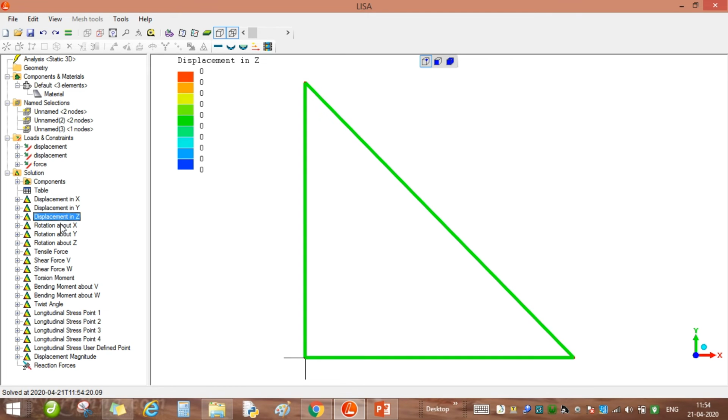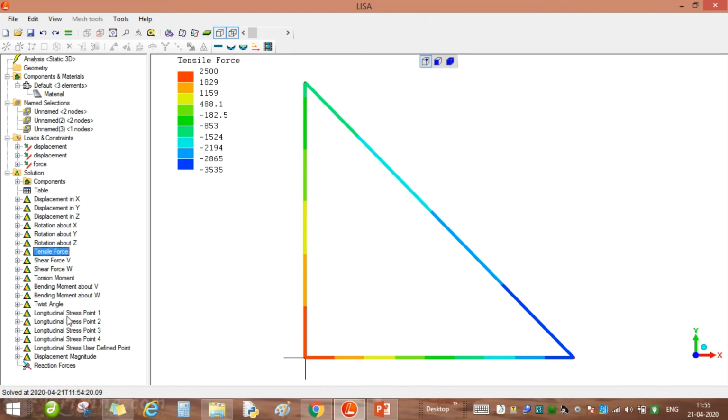No displacement along x because we are not doing anything. This rotation about x axis will be 0, about y axis will be 0. So tensile force, we can get tensile force in the members. So this is how we can get the different forces. So this member, we can see from this, is under compressive load, and this member is under tensile load. So this is how we can get the different results.